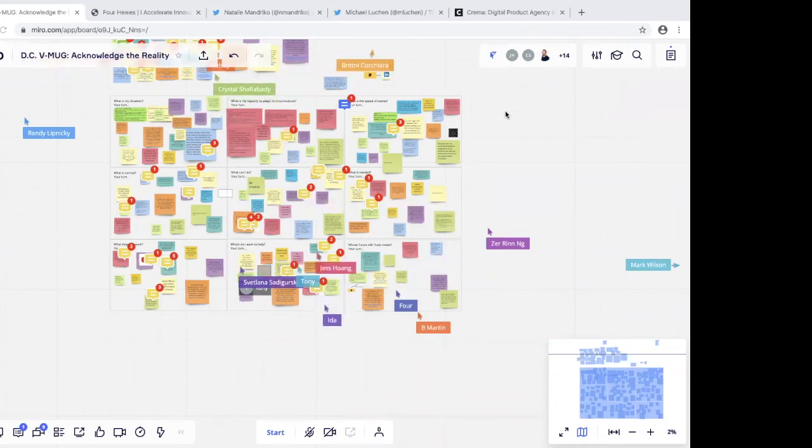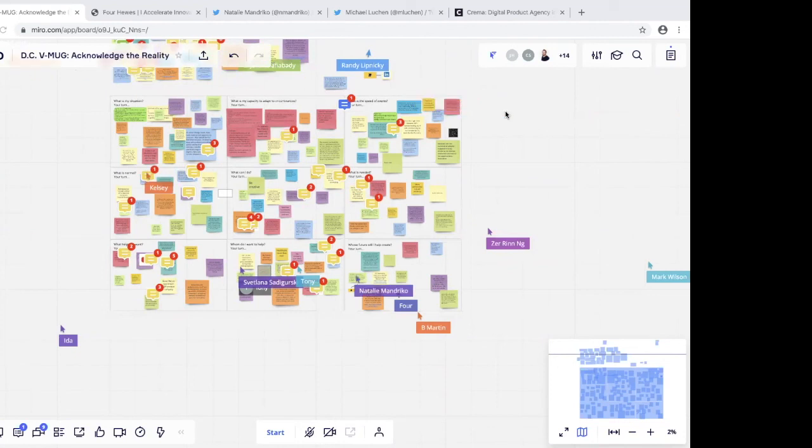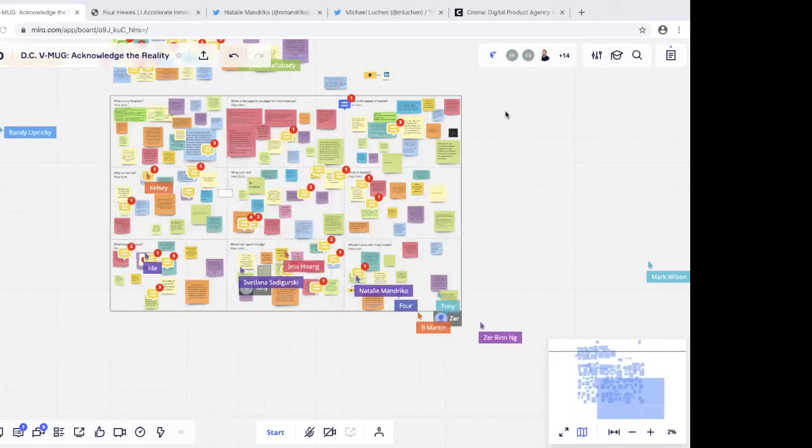And Miro came, we found it, and it's not just sticky notes. You can do a lot of different things. We used it for sketching. We used it for being able to share and collaborate just like we're doing now in real time with clients. And clients were very easy to pick it up. And we had clients that were universities, we had nonprofits, and then commercial clients as well. So with very varying levels of people and backgrounds. And I just really love Miro, and I hope to take it out to my next company as well. So thank you.